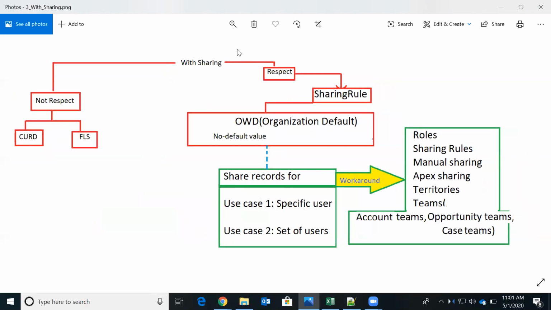In the same way for with sharing also, if a class is executing with sharing, then at the profile level, if you don't have the CRUD permissions or if you don't have FLS permissions, by default it will give the maximum values. For FLS it will give editable. At the object level, all the CRUD permissions will be available, in terms of with sharing.